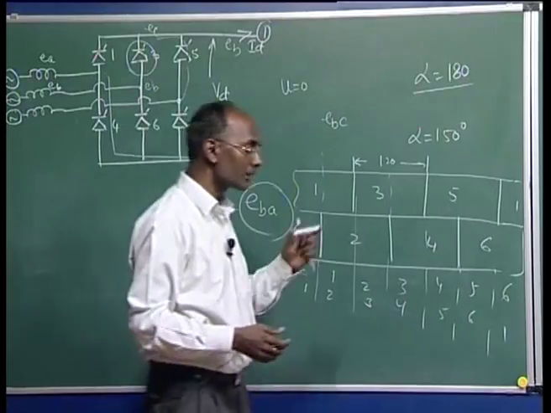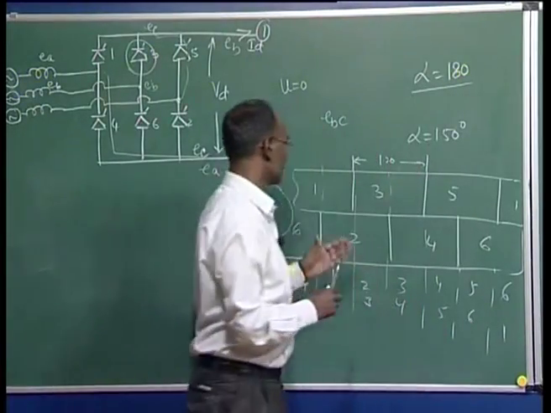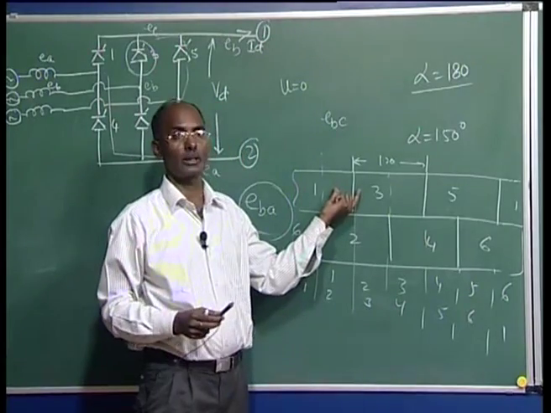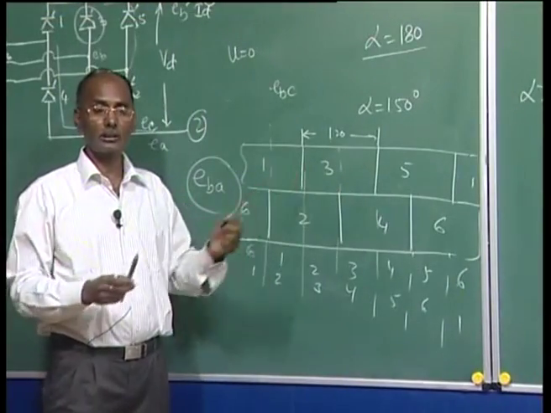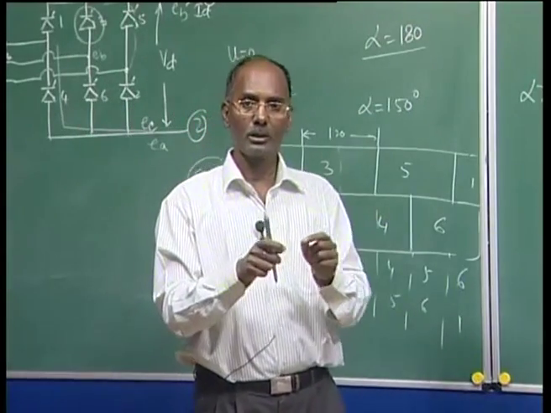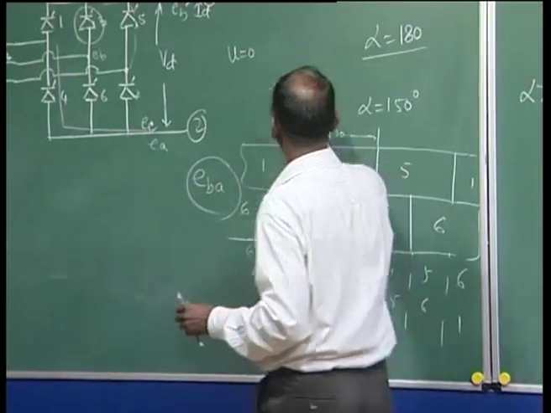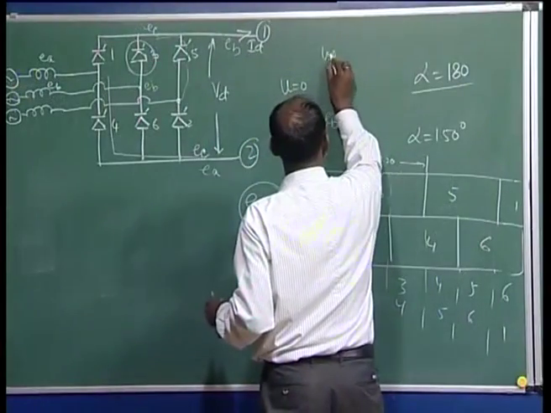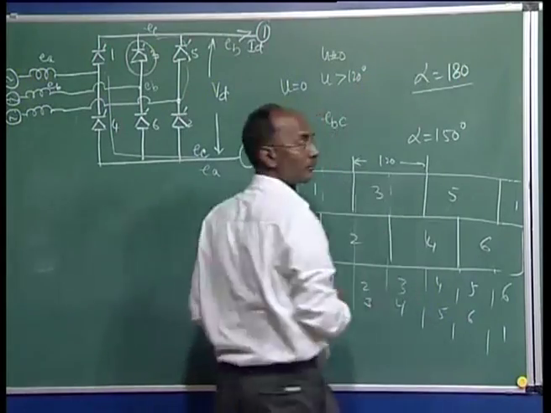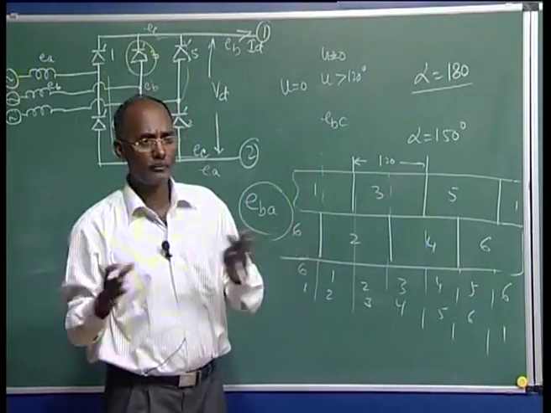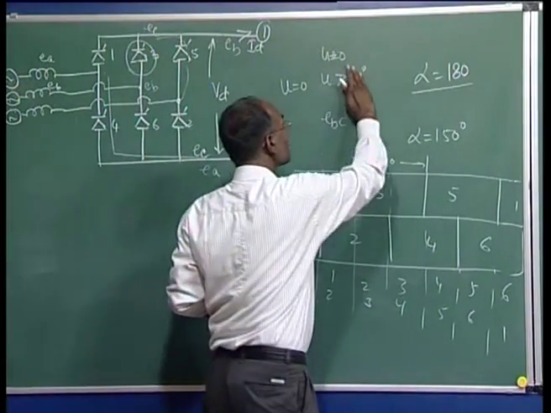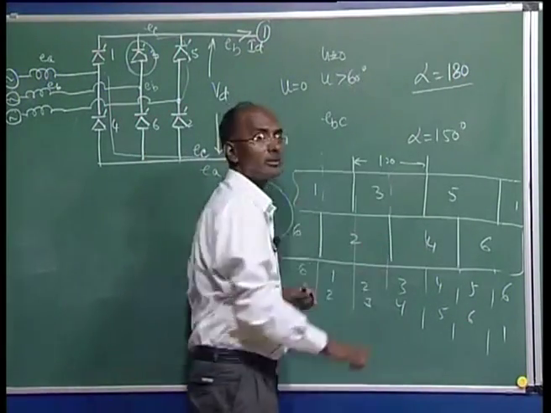But when u is not 0, then what will happen? There is some period when the two valves will be conducting together, and this depends on how long they will be conducting. This u can vary from 0, and it can be even more than 120 degree. But we are not going for 120 degree as it is an unrealistic case, but normally it is very much possible that u can be more than 60 degree.